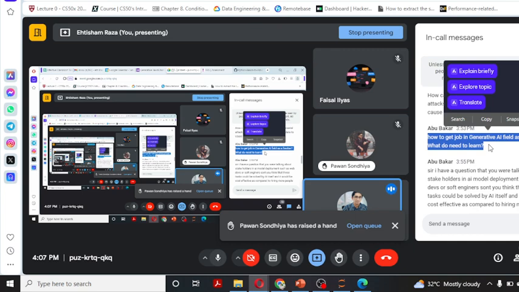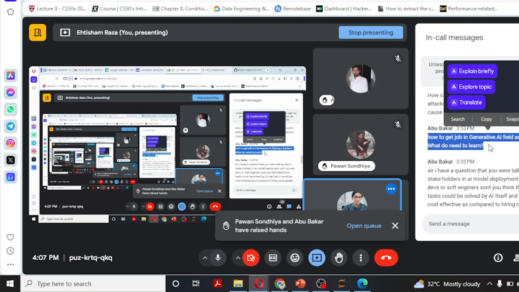So if you know these things, you can easily be a part of any company that is working on generative AI. And the good thing is there is a shortage of generative AI experts in the market. So in the start you can be a good